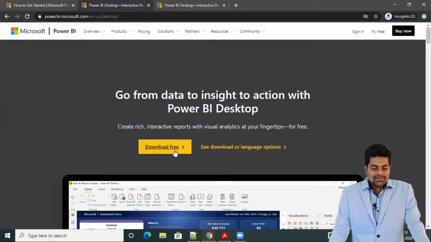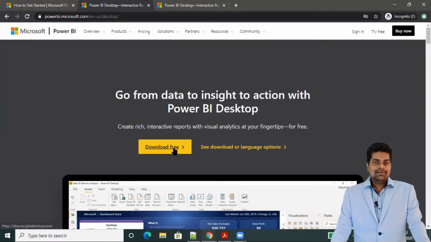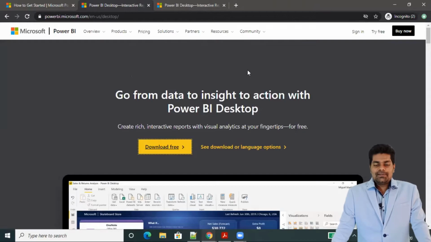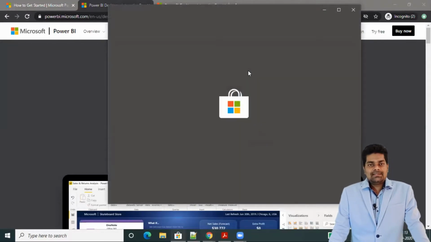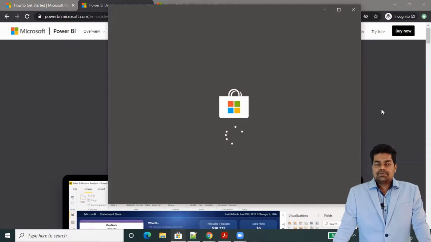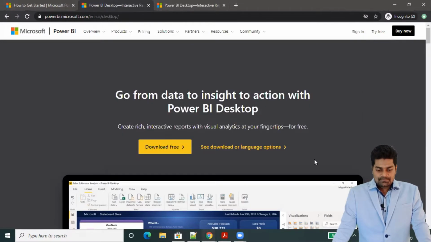Then here we'll click on download free. Then it's giving prompt to open Microsoft Store. So okay, I'll click on Microsoft Store, and other options also we have. So we can simply go to the software dumps and we can download from the website only.